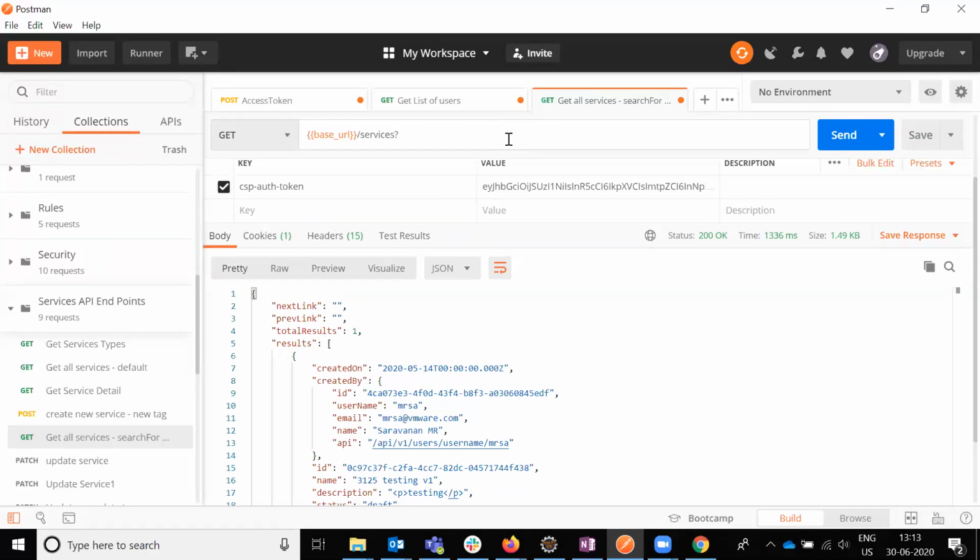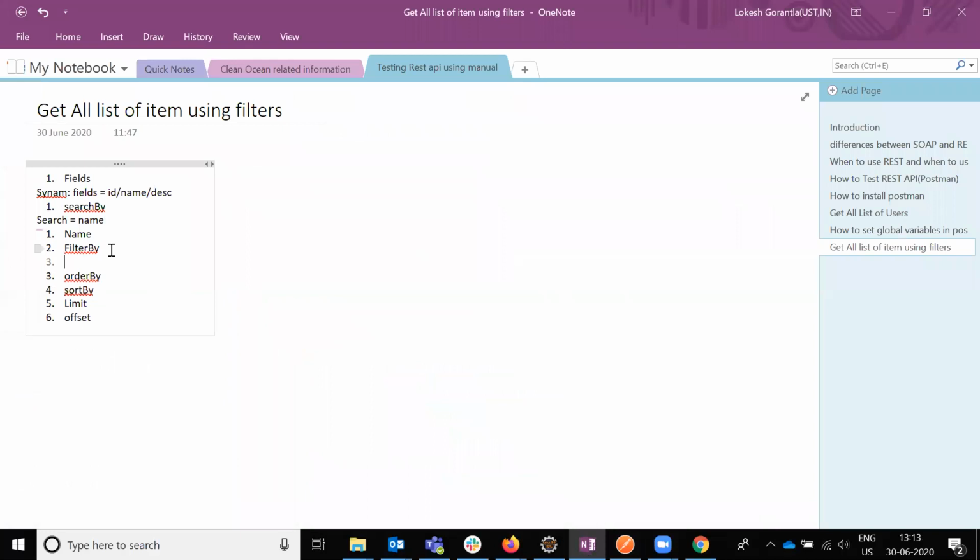Two kinds of filters are presented here. One is based on EQ. How are we going to use EQ? EQ is used when the value is matching exactly; only then EQ is valid. If an equal-to value is presented, we have to use that one.